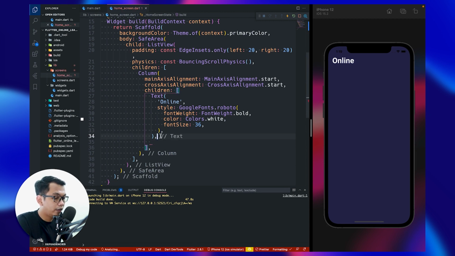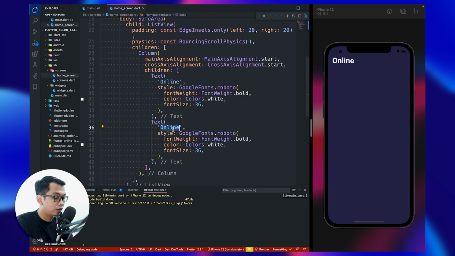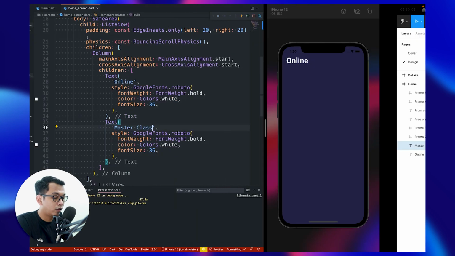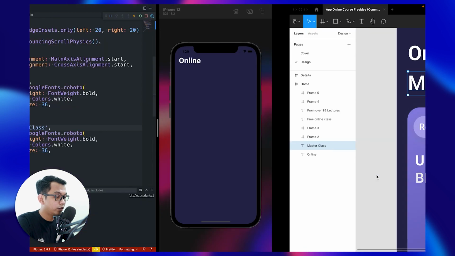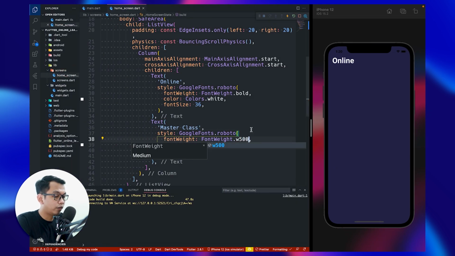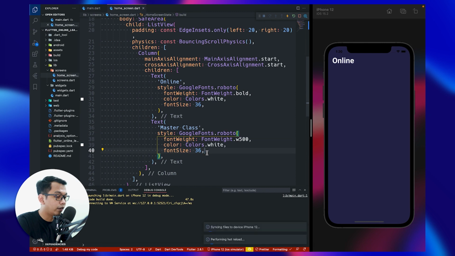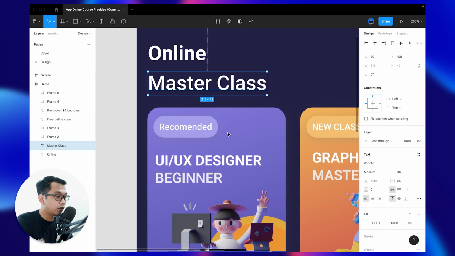So I think we can simply copy that and change it to "Master Class", and don't forget to change the font weight. The font weight is medium, so we use 500. The color is still white, and just hot reload, and now we can see another text.